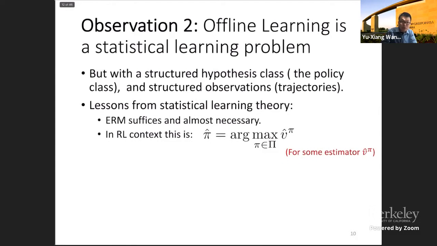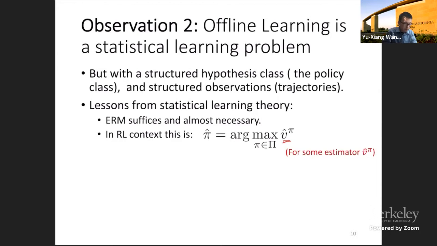So that allows us to take some lessons from statistical learning theory, which says that it suffices to run empirical risk minimization. It is sufficient and necessary to use empirical risk minimization, and any learnable problem is also learnable with ERM or asymptotic ERM. In the context of RL, this is saying that we can simply design some kind of estimator. We had pi, some kind of OPE estimator, and then just do exhaustive search, right? So how you implement this argmax is out of the picture,